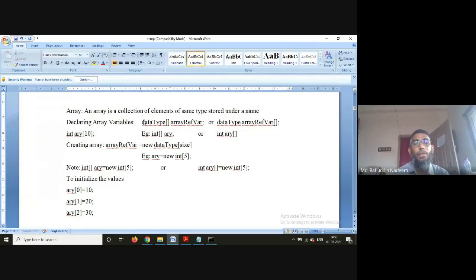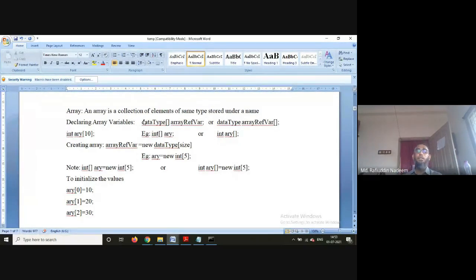What we have to do in Java is follow one of these two notations: either int followed by brackets and then the array name, or int, array name, followed by brackets. Here only the reference for the array is declared, meaning the name of the array is declared.